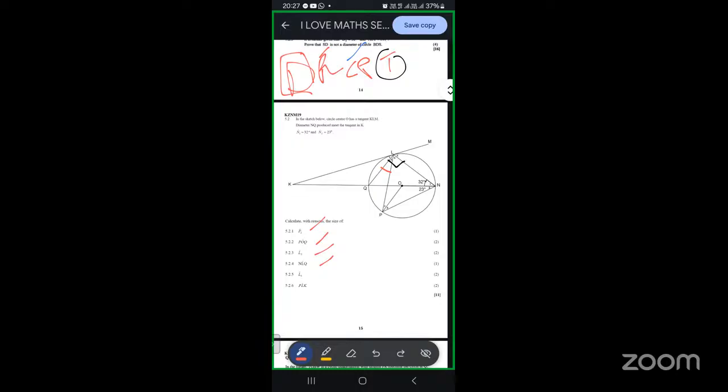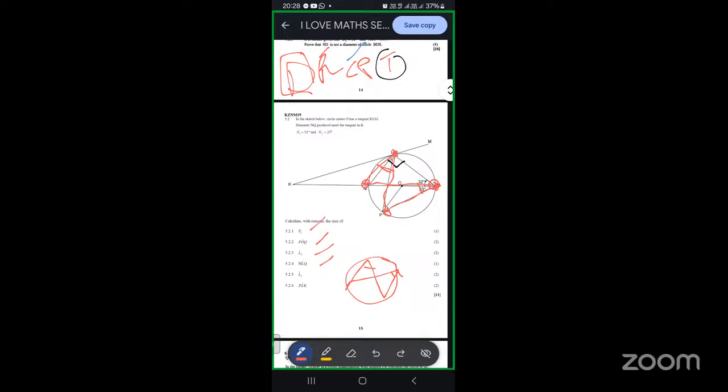Angles at the center. Oh no, that was angles in the same segment. Remember we talked about that bow tie shape here, this one. Oh, yes, sir. So we said this angle is equal to that angle. Whenever you see something that can form a bow tie shape, just know that it forms this theorem, saying this angle will be equal to that angle, reason being angles in the same segment. But note that all four corners of that bow tie shape will be on the circumference of the